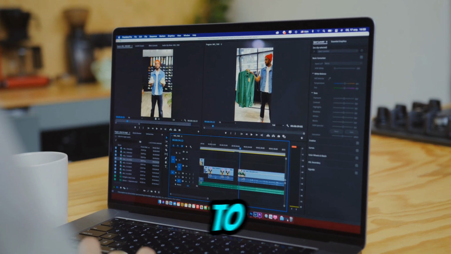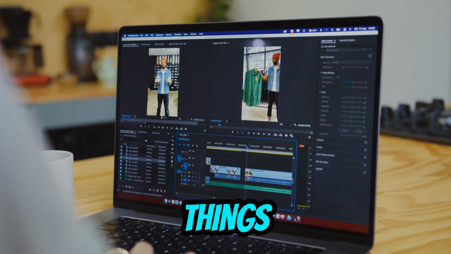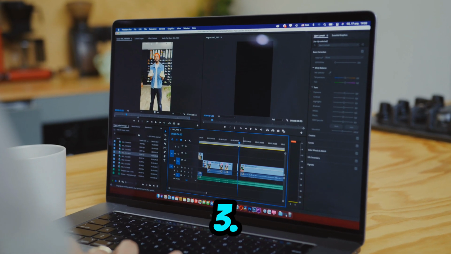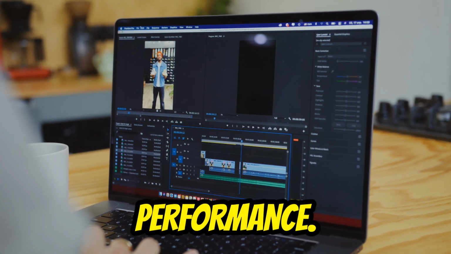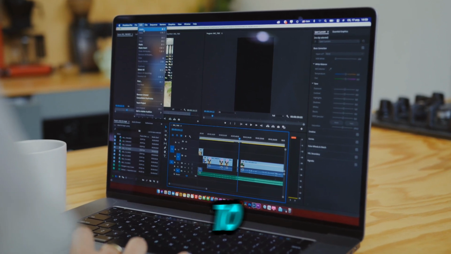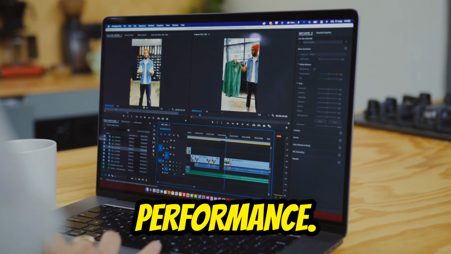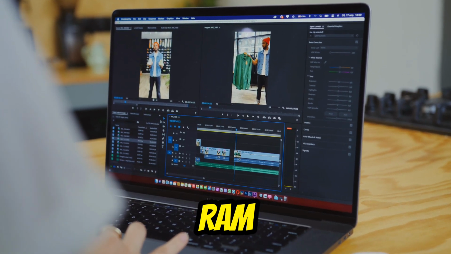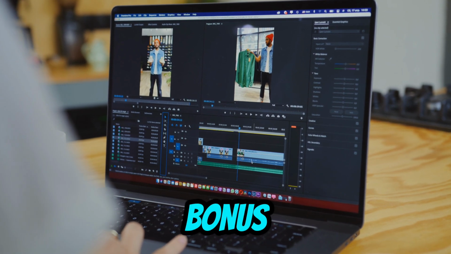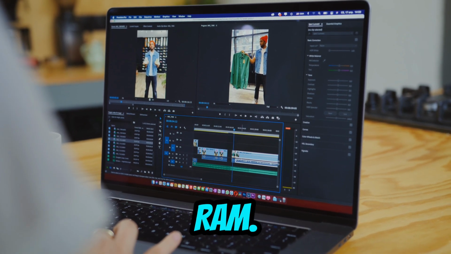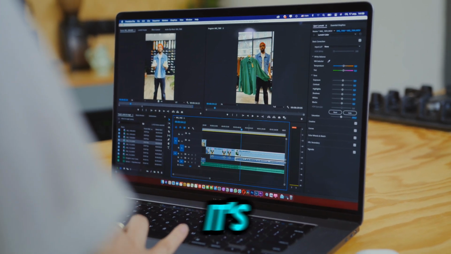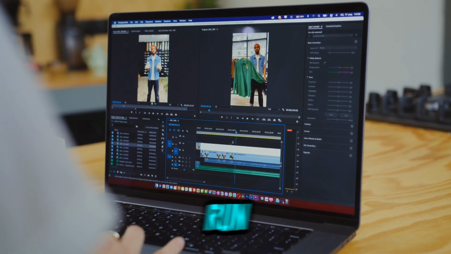Secondly, I'll show you how to disable startup load and all those things that slow your PC down. 3. Adjust for best performance. Thirdly, I'll show you how to adjust your PC for best performance. 4. Bonus RAM tweak. Lastly, I'll give you a bonus tip that will help boost your RAM. Pay close attention to this video because it's going to blow your mind and make your system run faster with